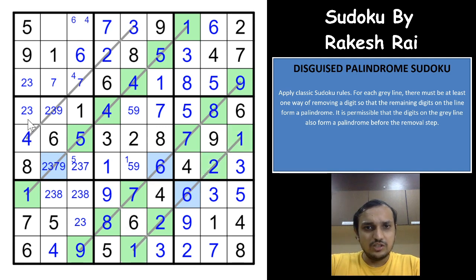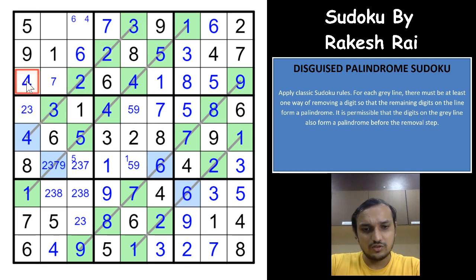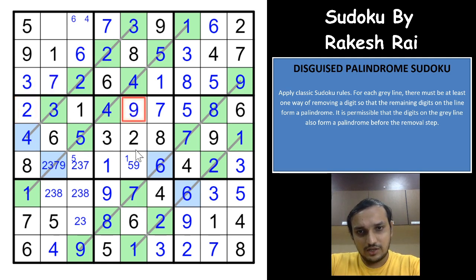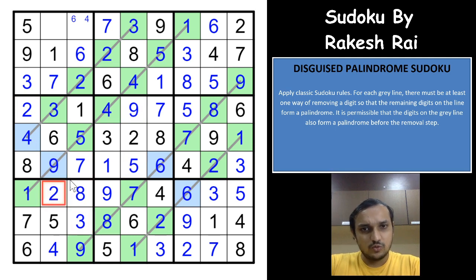Okay. One of the 3 or 4 would have to be the disguised one. So if 3 is the disguised one, 4 would have to be here, and which means 3 is the wrong one. Oh no. I mean to say 4 is the wrong one. Right? So 3 and 2 are correct. So this is a 2, this is a 3, that gives you a 3 here and a 2 here. That gives you a 7 here. That gives you a 9 and a 5 here. 2, 3, this would have to be 7 and a 9. That gives you a 3, 8 and a 2. And that gives you an 8 and a 4 here at the end.